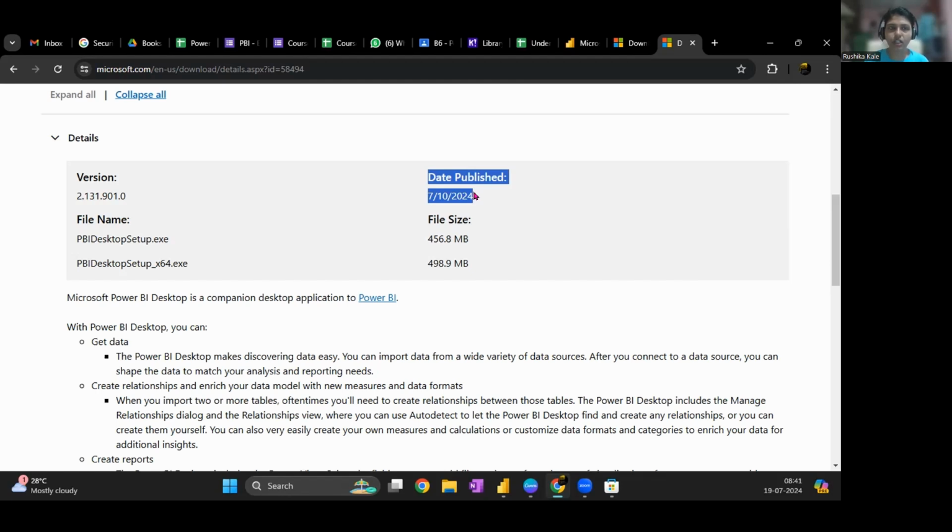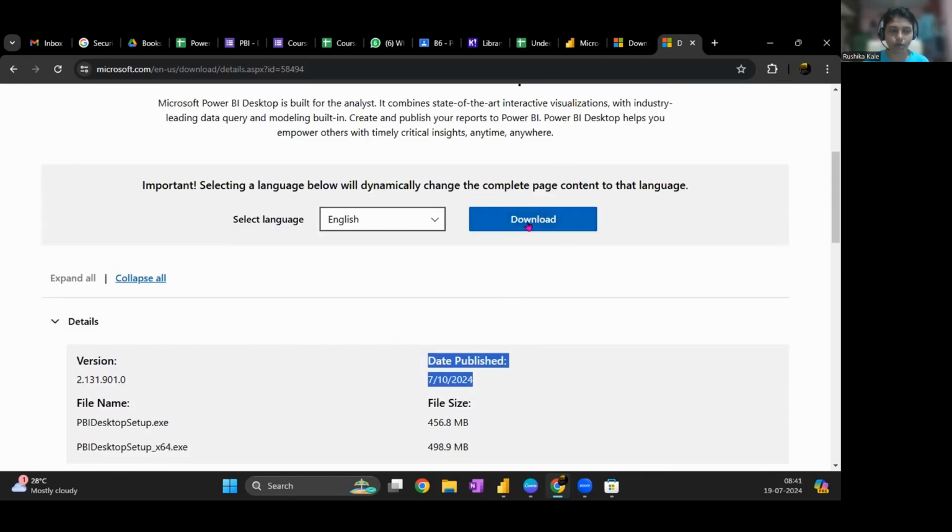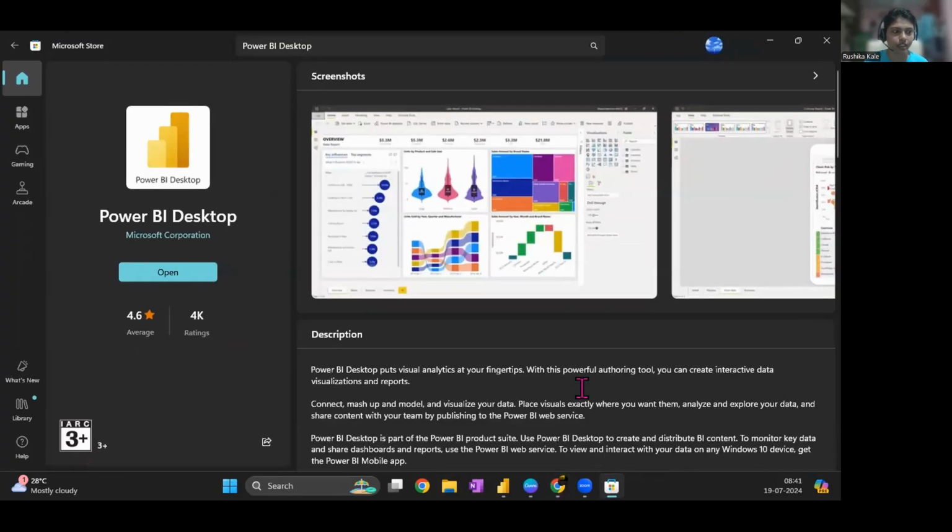And suppose you installed Power BI Desktop by downloading the setup and installing it, it is not going to auto upgrade. You have to again install the newer version and reinstall it in your system. So it is going to be a monthly process for you. On the other hand, the Microsoft Store is going to auto update. You can make the settings in the background, but even if you don't, it automatically updates itself every month.